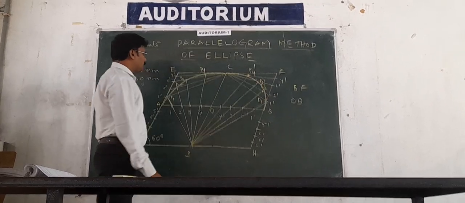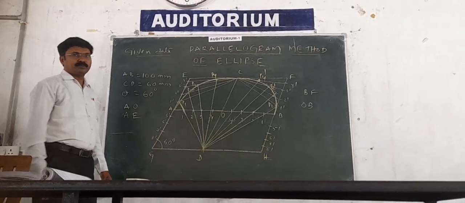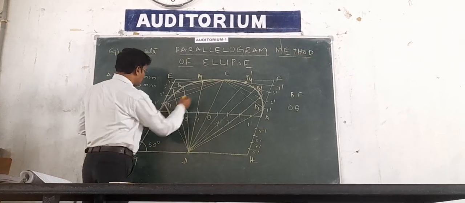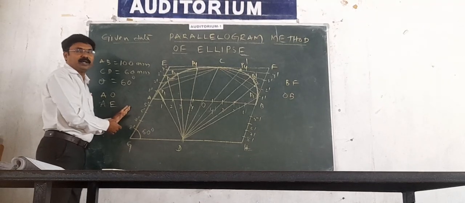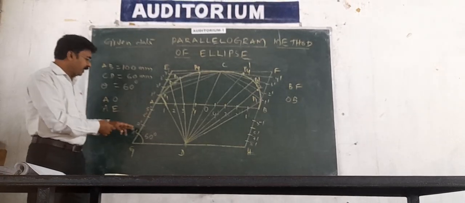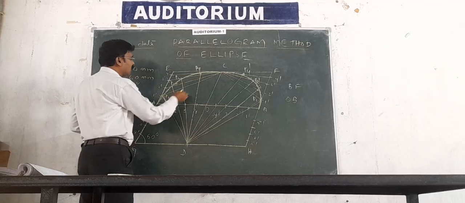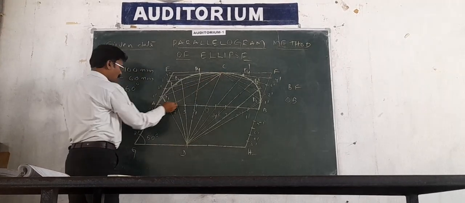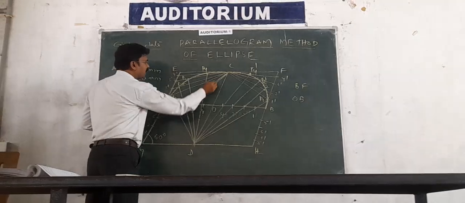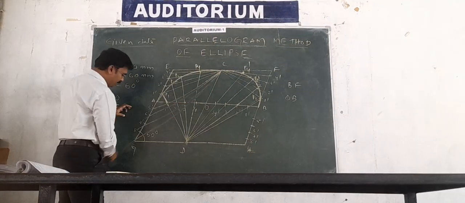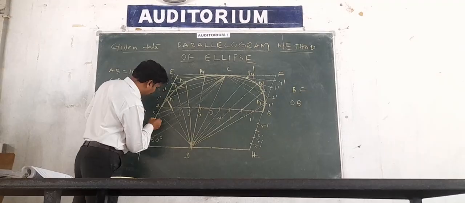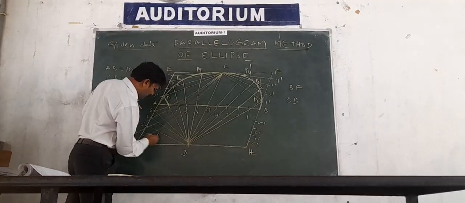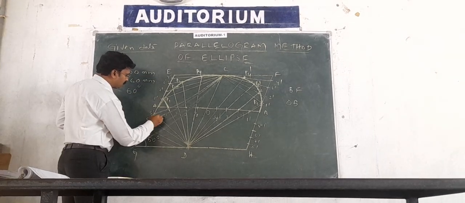the required ellipse. You continue the same procedure by joining C to 5 dash, and divide the lower left side limb also into equal distance points. Again join this 5 dash, 6 dash, 7 dash, and then 8 dash. From D also you have to join 6 dash, 7 dash. You will get some more points.